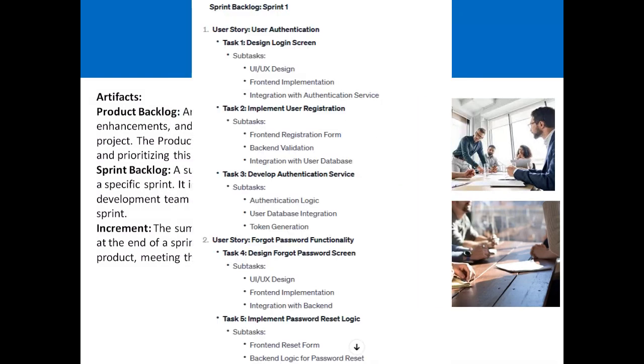Sprint backlog is basically a subset of the product backlog. For example, in a product there are 40 tasks, 40 features, which need to be developed. So for the sprint backlog, we take 10 user stories or 10 features from the product backlog and say, okay, we are working on this subset, on these 10 requirements which are the highest priority for the coming sprint. So that will become a sprint backlog.